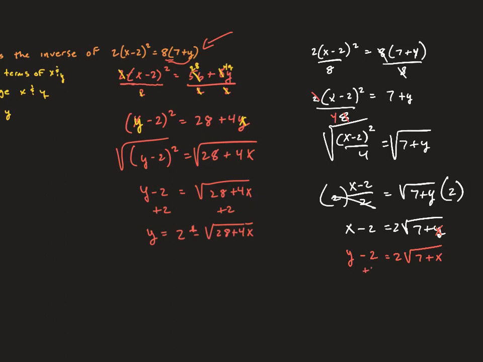And then I can go ahead and add 2 to both sides. And then y is going to be equal to 2 plus or minus 2 square root of 7 plus x. So that's another way. These are the same answers, just written in a different form. So just keep in mind that there's multiple ways to solve an equation. It's just a matter of making sure that you're using the rules that we're supposed to use